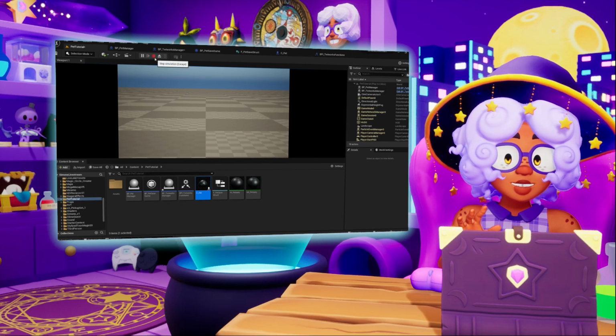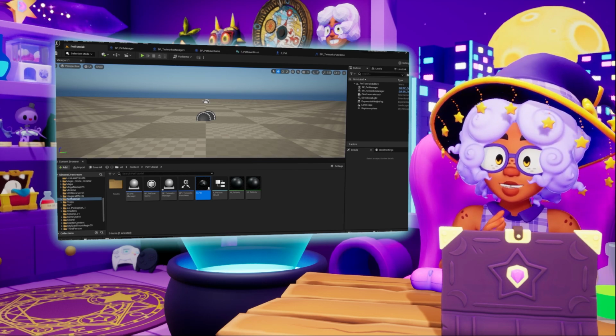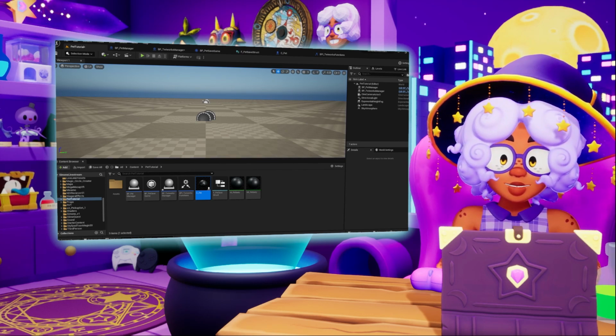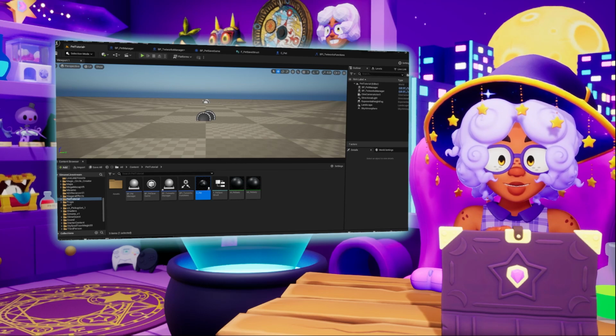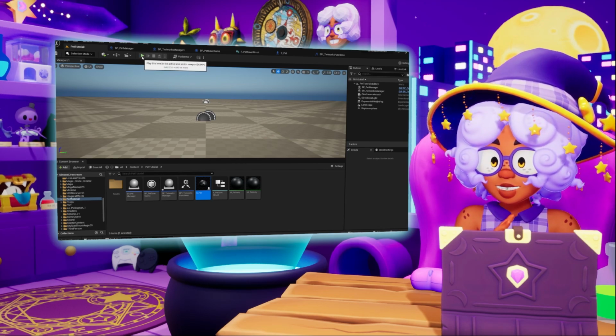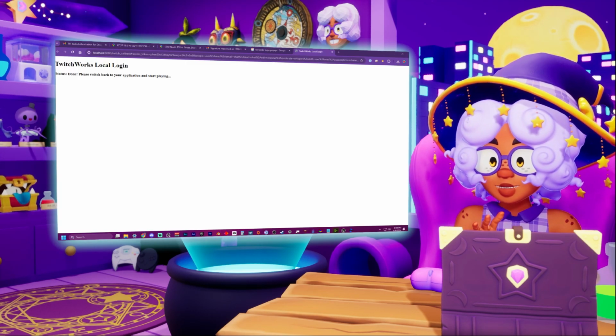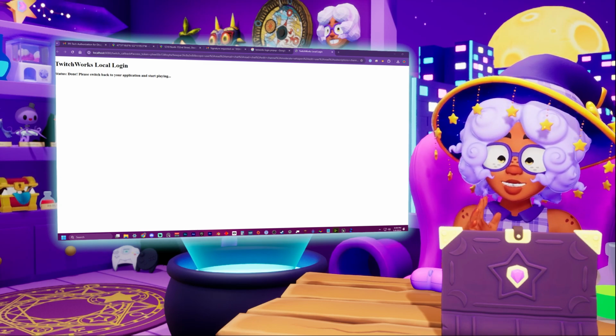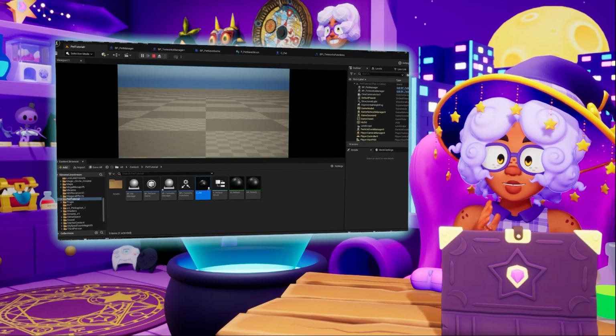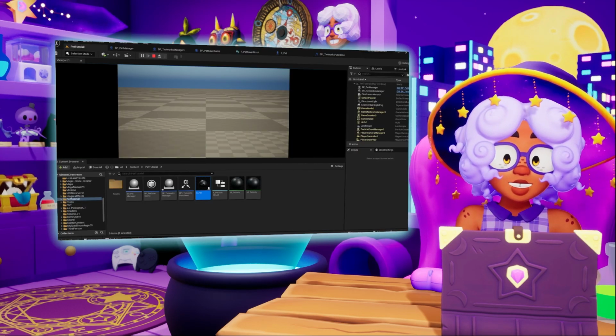Okay, now we should have everything we need to create a pet when somebody in your Twitch chat types something. So let's test out what we've got working so far. Start your level up, and you're going to get a pop-up in your browser. And what this is being caused by is Twyworks grabbing your user credentials, and